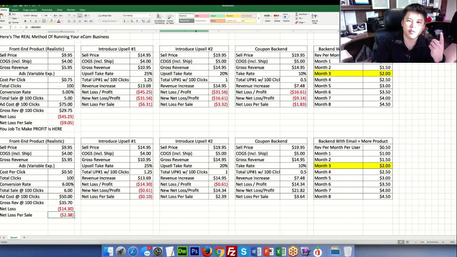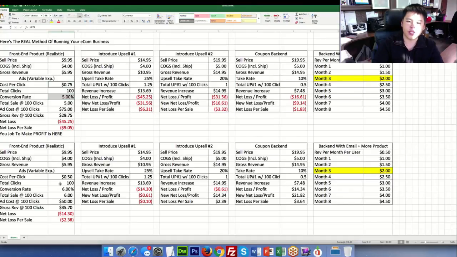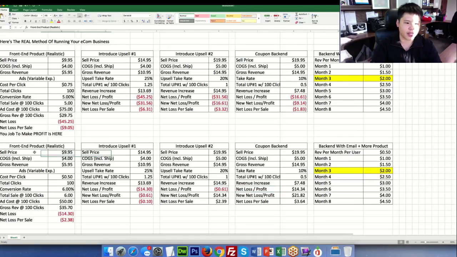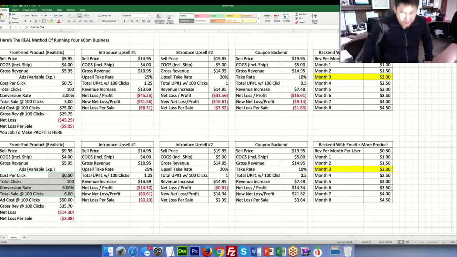But when it goes to upsell number 2, all the upsell numbers stay the same, okay? Everything stays the same. The only difference right now is basically the conversion rate and the cost per click, and with these two changes you will instantly turn failing campaigns into pure profit. And this is your key. Once you have set up these funnels, your goal is to focus on getting your cost per click down and getting your conversion rate up on the take rate for these.